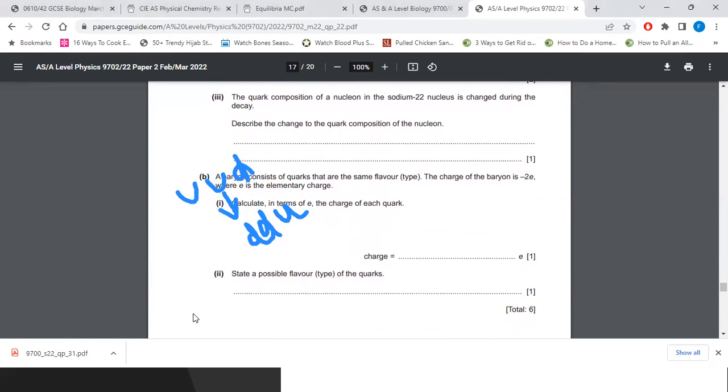Oh, so now the thing that I said, we have anti-up as -2/3. Again, you don't have to take a look at the anti-quark. They're simply saying state the possible type of the quark. Your charge is -2/3. So simply tell me which quark would have a charge of -2/3. Not the anti-quark, which quark? From up, down, top, bottom, strange, charm, from all of these, which one has the charge of -2/3?